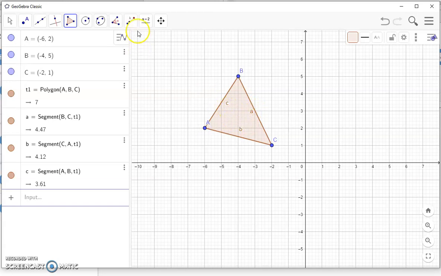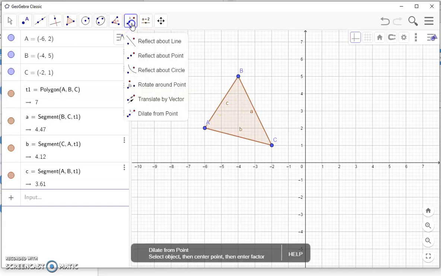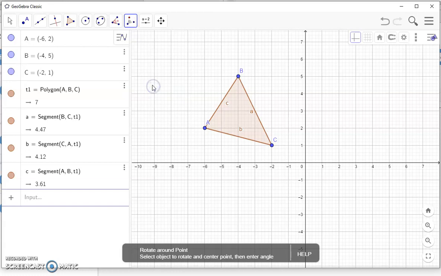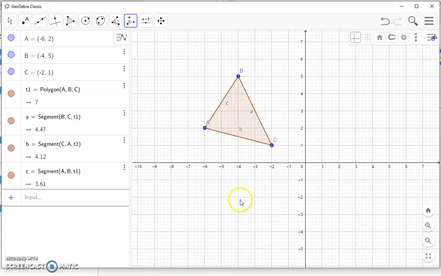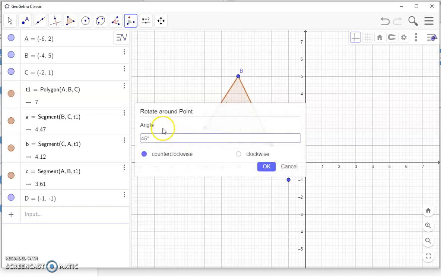Okay, so first thing is you go to the option here, click here, select rotate about a point. Now to rotate about the point, you have to select the diagram. It gives you a hint here, select object to rotate and the center point. So you will select the object and select the center of rotation. Suppose this is my center of rotation, -1, -1. So just click here, and you will get a pop-up box